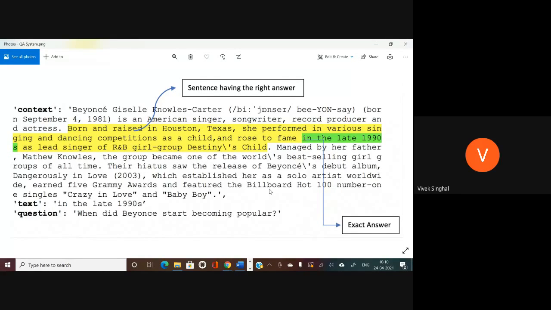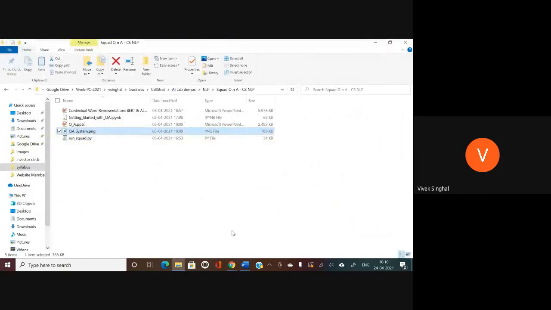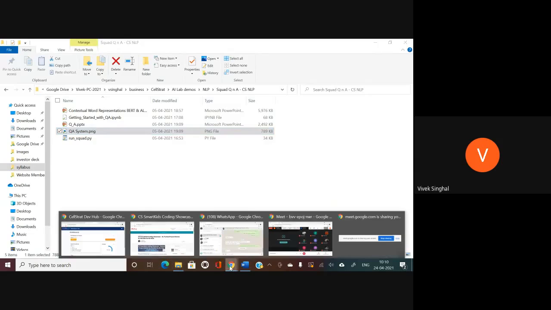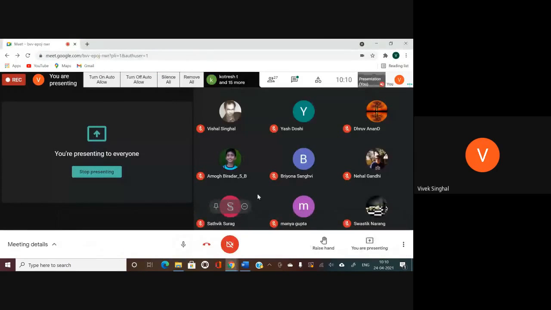If you use Google Translate for language translation, it is using AI. If you watch Netflix movies, it recommends movies and series to you with the help of AI. So this is the power of AI, and hence we all like to learn it. And with that, any questions before we bring our first presenter for the day?